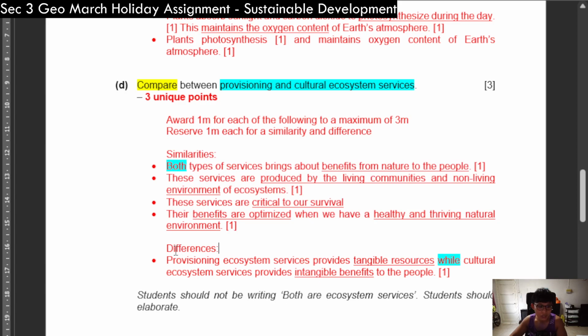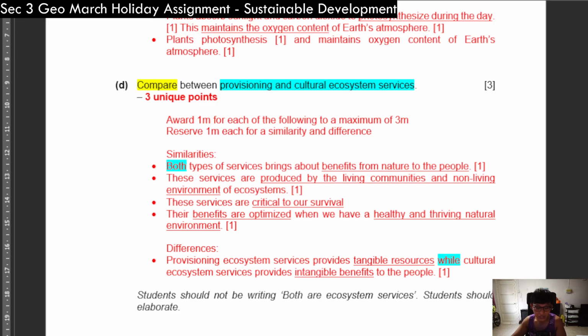So however, what are the differences? Provisioning services provide tangible resources. Basically, these are resources which are physical, we can touch them, such as your wood, water, your fishes, and so on. While cultural services provide intangible benefits. So intangible are things which we cannot touch. So benefits such as benefits to our mental well-being, or benefits to our